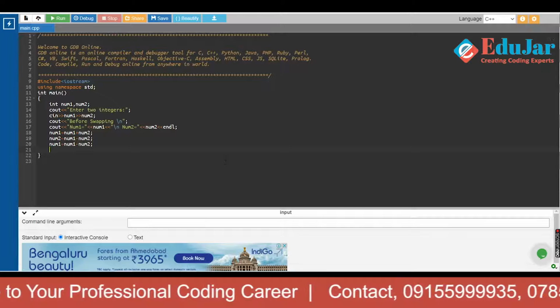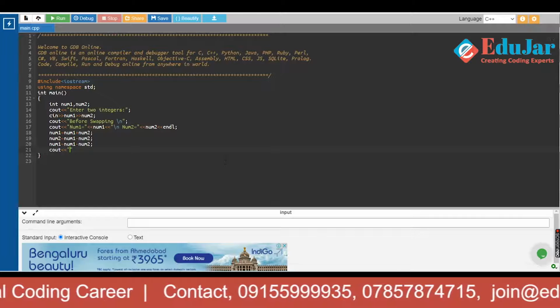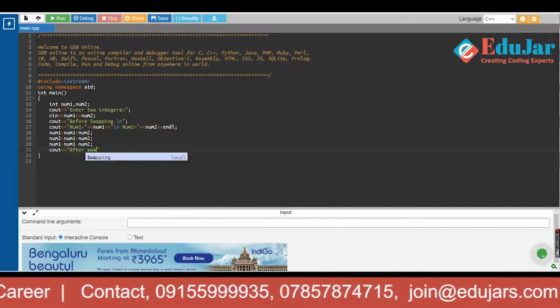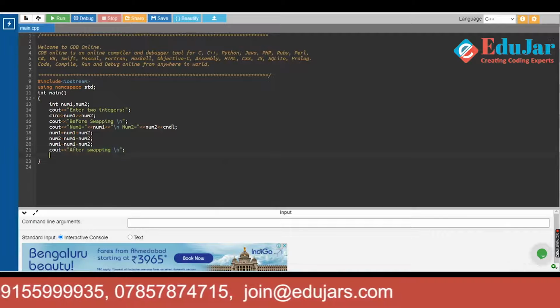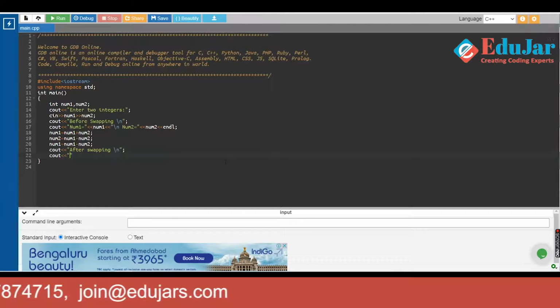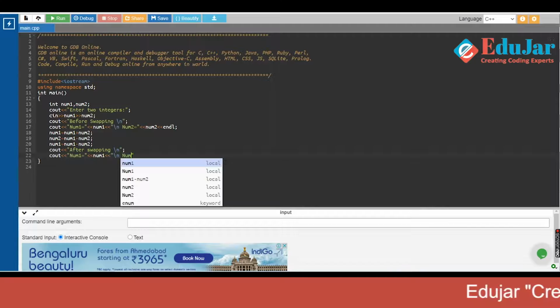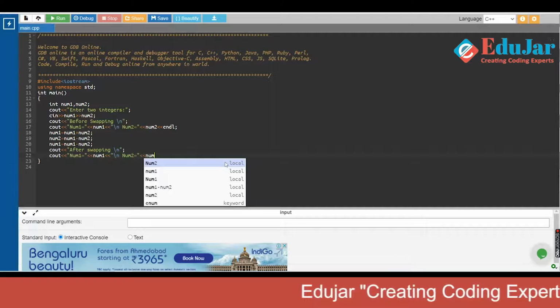Now we'll display after swapping the values of num1 and num2. Basically we are exchanging the values, so we write "after swapping", cout num1 is equal to the value that is currently stored in num1, and the value for num2 will be the value after swapping.